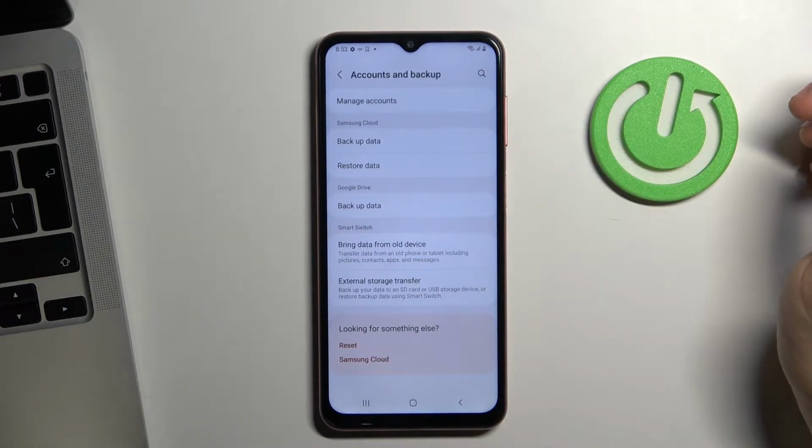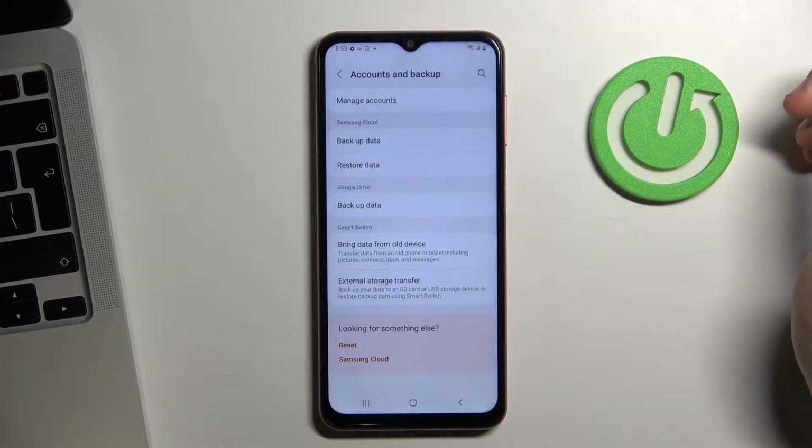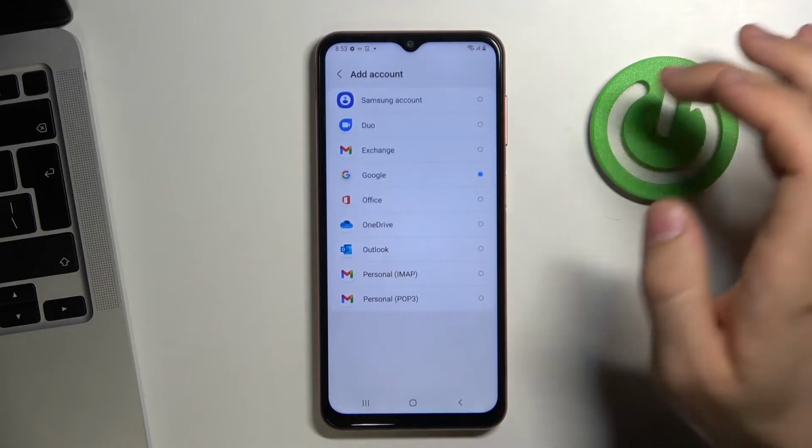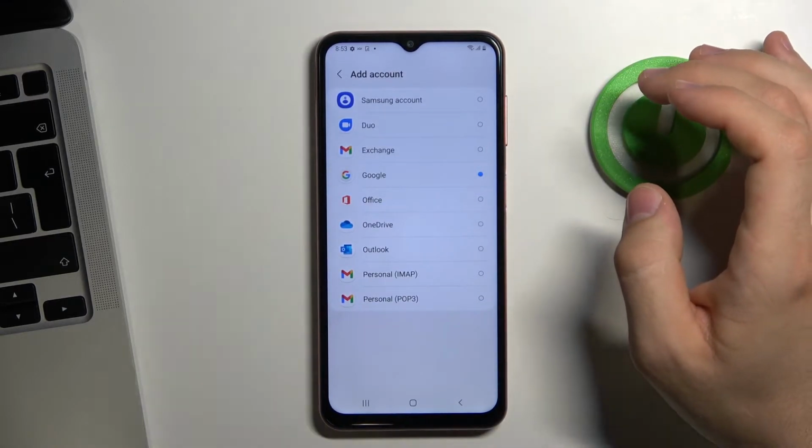You need to add child's Google account on this device, but if the child knows the password from his own account, he will be able to bypass the blocking of Google Family Link. So you need to create an account with the password that only you will know. So click Manage Accounts, click Add Account, Google,